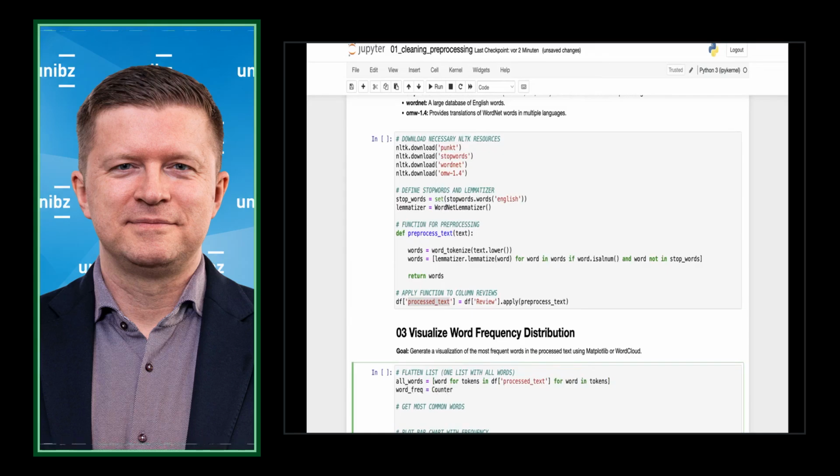We do that by using Counter with our now flattened list.